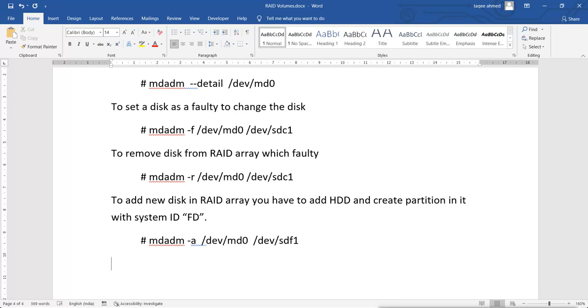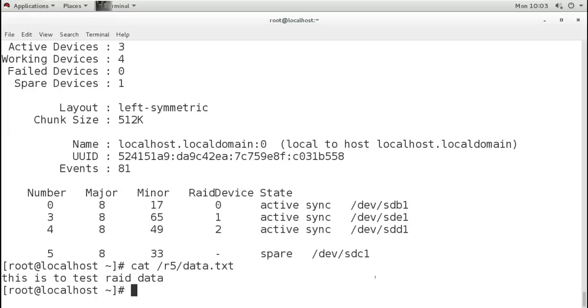So this is how we can add the new disk in our existing RAID, and it will remain in the spare. Now, as I said, if any of this disk goes down, then this disk will take its place, but still our RAID will be okay and it will be running as a clean state.